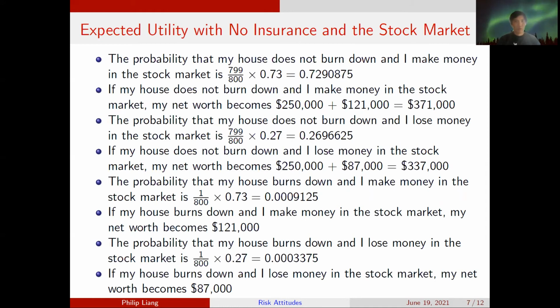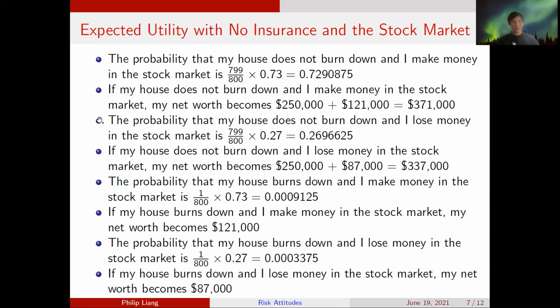All right, now we can start working on solving. So the first case I'll consider is no insurance in the stock market. So using independence, we'll get the probability of these two events happening together. So the best thing for me is if my house doesn't burn down and I make money in the stock market. So this probability is obtained by multiplying the probability of each of the independent events together. And in this case, I'll have a house plus some investment account that's increased in value, and that'll work out to 371,000, and that's with probability